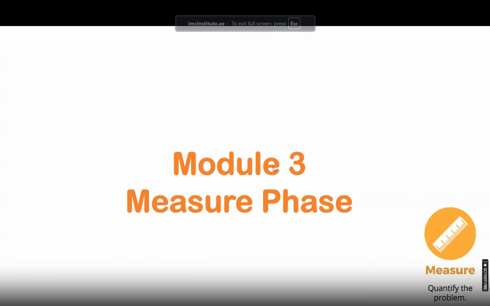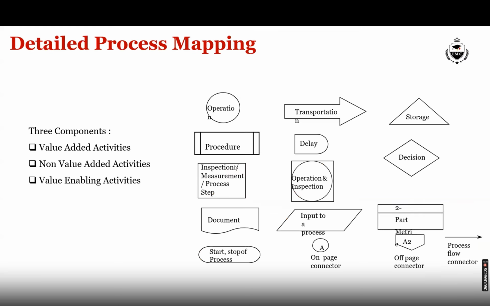Module 3. In module 3, we will discuss the measure phase. Now, the first thing which we want to discuss in the measure phase is a detailed process mapping. The current process, the as-is process that you have, has to be detailed out with the help of flowchart